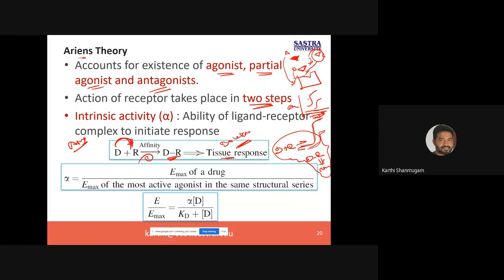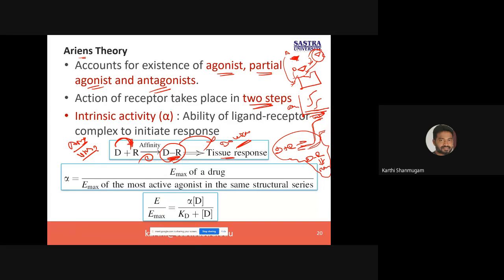So the second step is, according to Clark theory, right? I just want to compare all together. According to Clark theory, the formation of the drug receptor complex will always lead to the biological response. But according to Ariens' theory, the mere formation of the drug receptor complex may not lead to the biological response, right? Which means that not all drug receptor complexes can produce the biological response. Sometimes it can produce the biological response, sometimes it cannot. So the question of interest is when it can produce the biological response, and when it cannot,